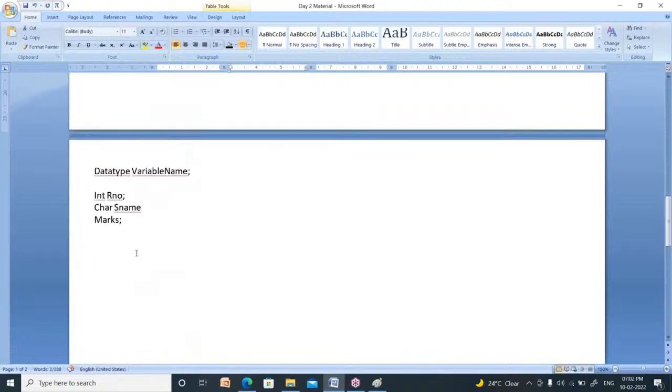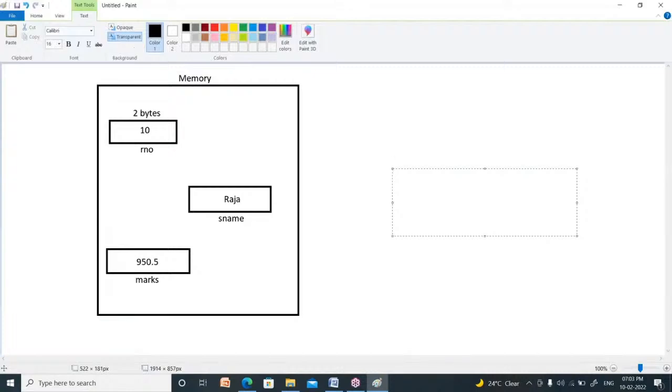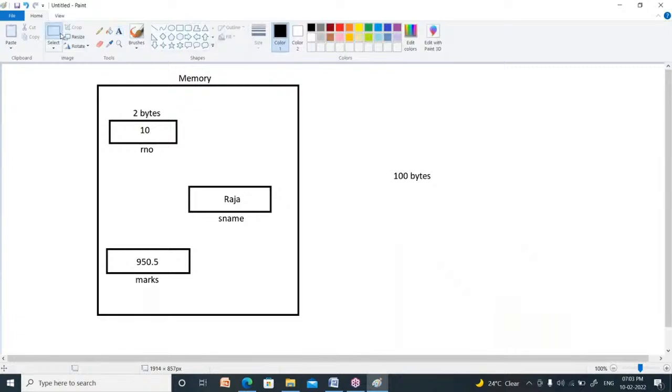Then you have to specify here within the square bracket how many characters you want to store. I want to store 100 characters in S name. Like this you have to represent. Character means 1 byte. How many characters are there? 100 characters. Size is 1 into 100 equal to 100. Computer allocates 100 bytes for this. What is the size of S name? 100 bytes of memory will be allocated to S name. In this S name, you can store up to 100 characters. Why? Because it has 100 bytes of memory. So its size is 100 bytes.